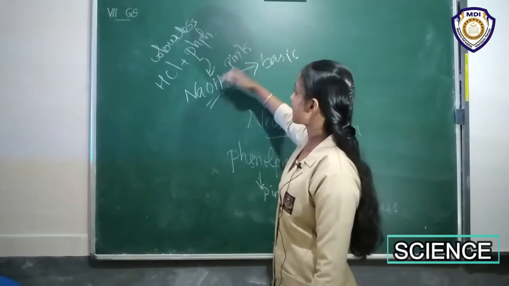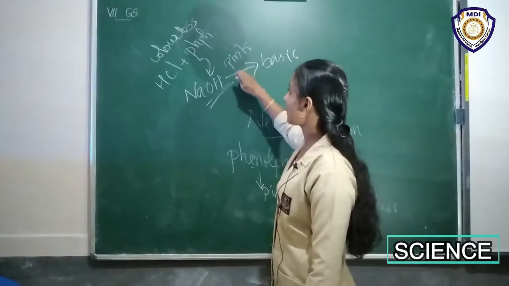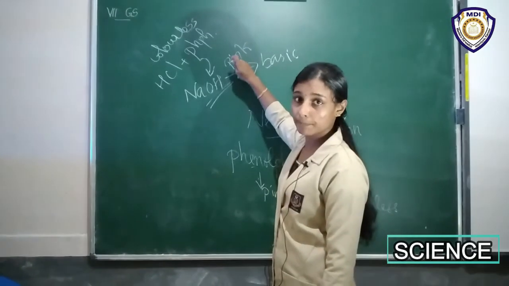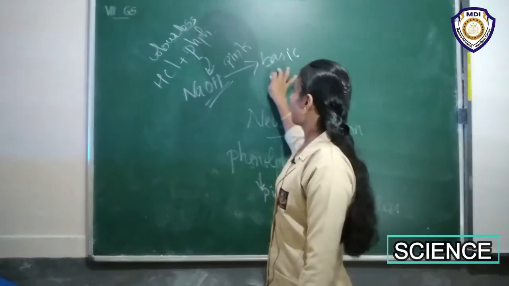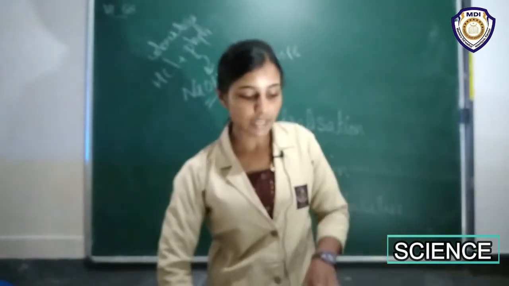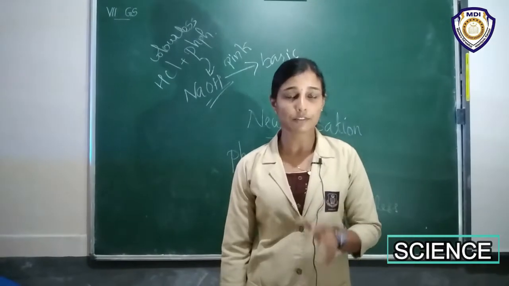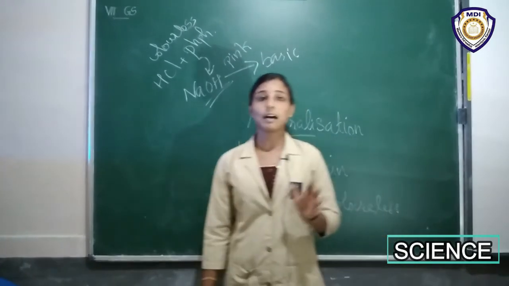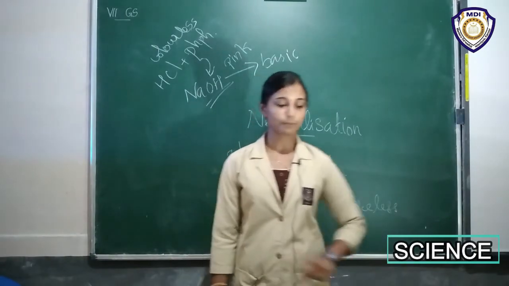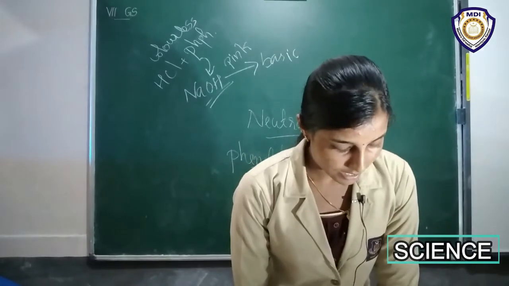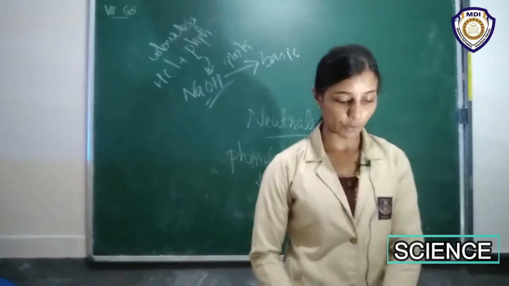But when the acidic solution turns basic, the color will change to pink. This pink color indicates that the solution has now become a base, right? Okay, so that is the color change, or the indication by phenolphthalein. Phenolphthalein shows a pink color when it is acting on a basic solution. That is Activity 5.5.